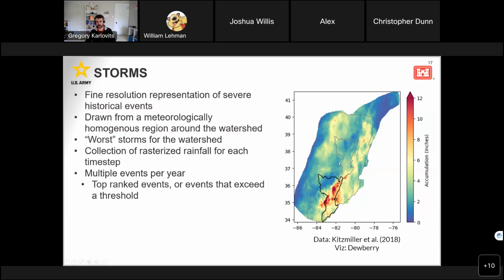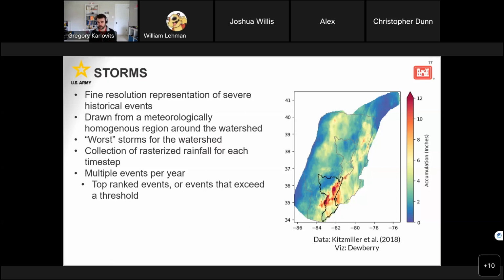We take the watershed boundary, and we move it to another place within the domain, making sure we don't get outside of the domain. And then we compute the area average rainfall and say, is that storm severe enough for us to keep? And if it is, then we keep all of the rasters that are associated with that storm event. Usually we're talking about 72-hour storm events. We're doing a little bit of work to figure out if there's sensitivity to the duration of these things, but